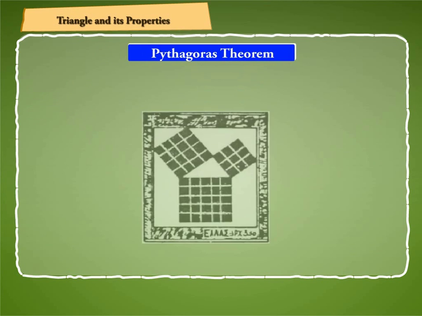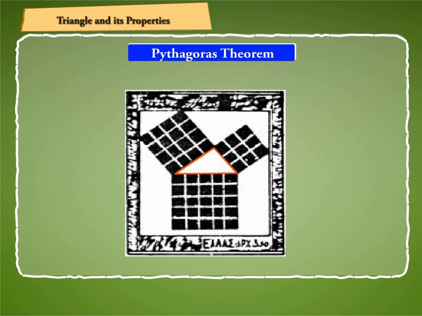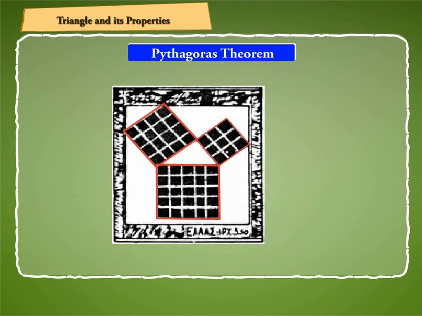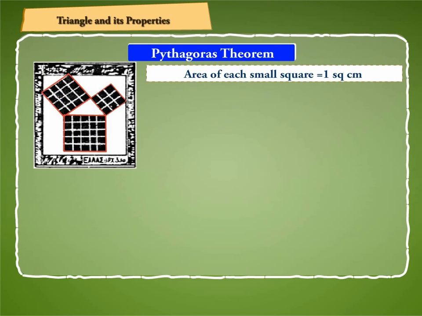Pythagoras Theorem. The on-screen figure shows a stamp which depicts a geometrical theorem. This figure is a right triangle with squares drawn on its sides. Now count the number of small squares in each of the large squares. So if the area of each small square is 1 centimeter square, then the relation between the areas of the large squares,